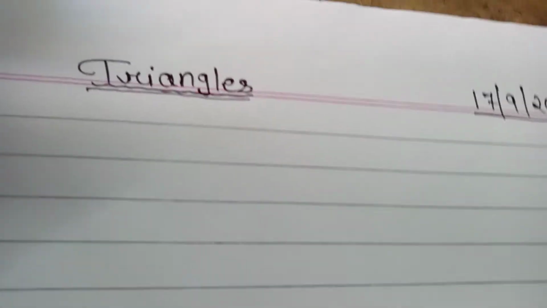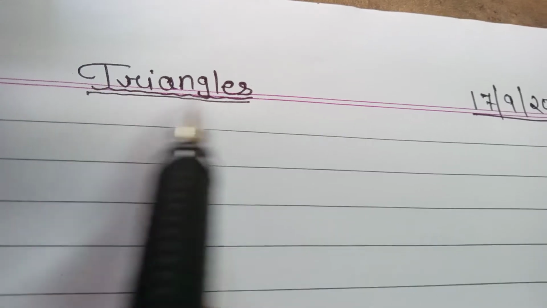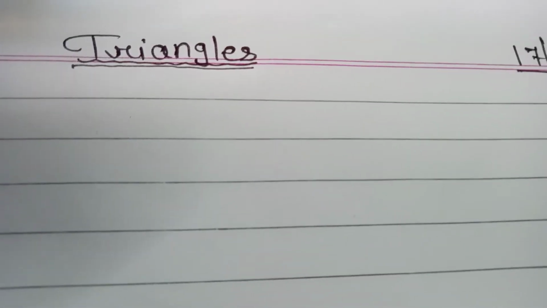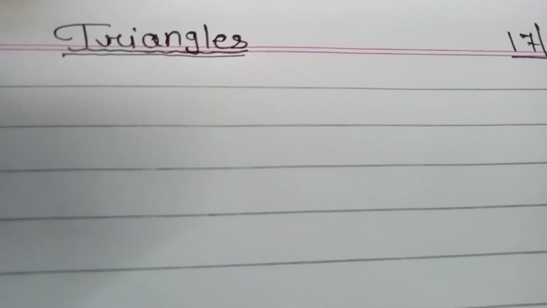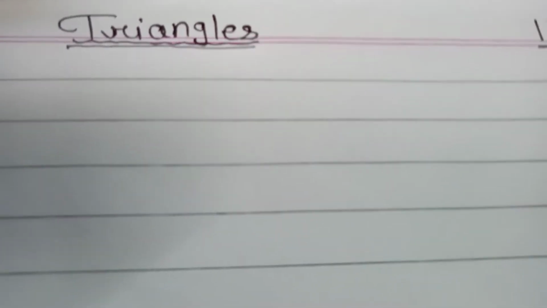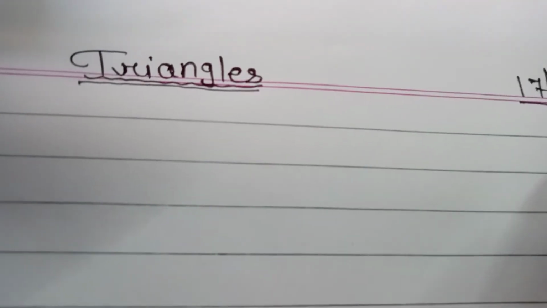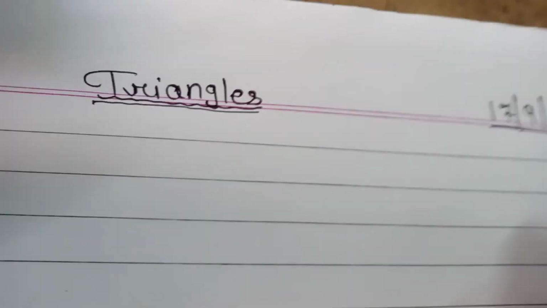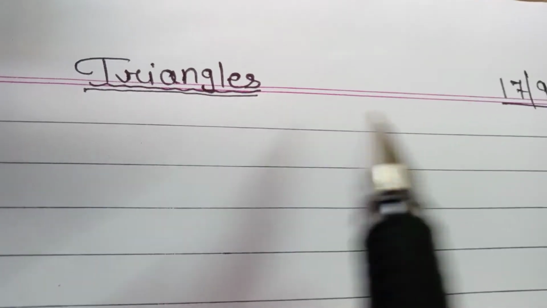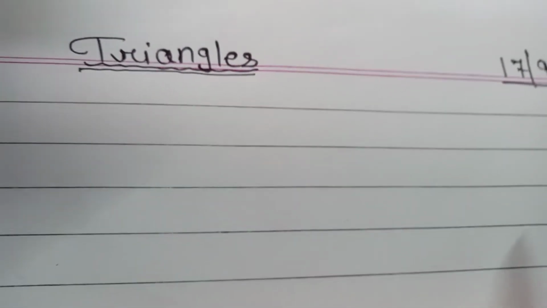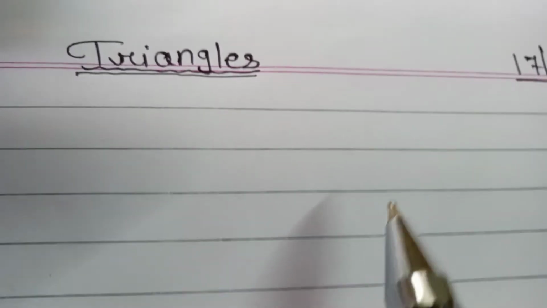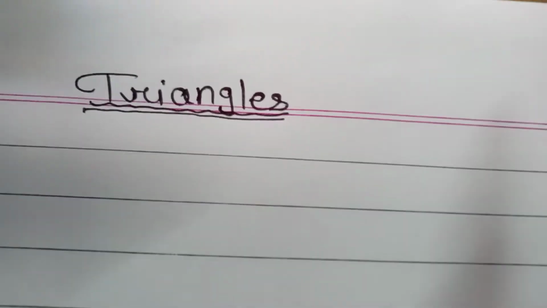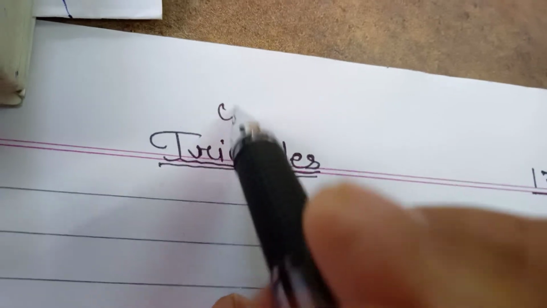Today, we will start a new chapter, triangles. One thing I would like to suggest: whatever numericals you solve from lines and angles, keep on practicing with other reference books also, like R.D. Sharma, Oswald, whatever you have. Clear? And please ask your doubts too. I will feel very pleased to clear your doubts. So let's move to chapter number 7, triangles.